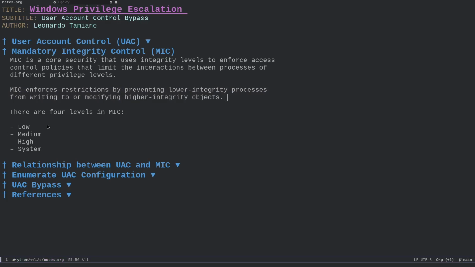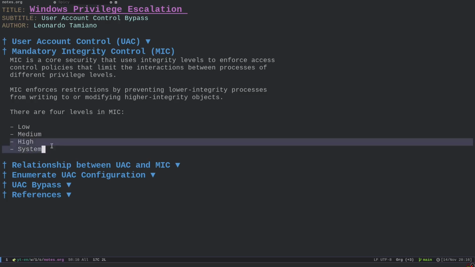So the idea here is that even though I am an admin user, if I start a process with a medium integrity level, then I cannot do certain actions, I cannot modify certain objects which require a higher integrity level. Even though my user can technically spawn processes with high or system integrity level, I actually don't want to do that,